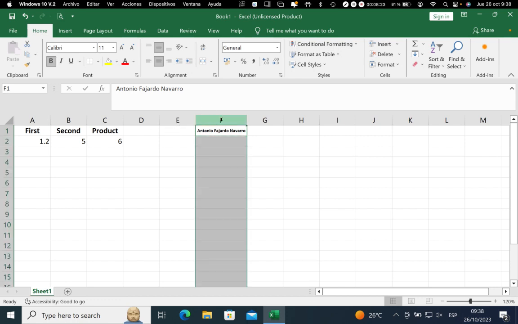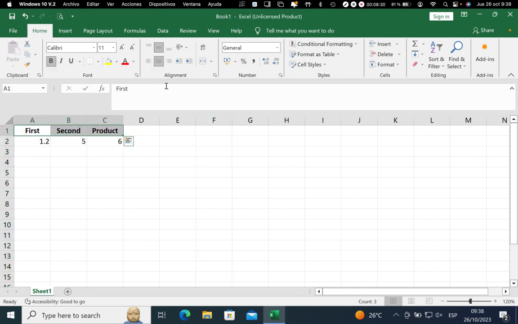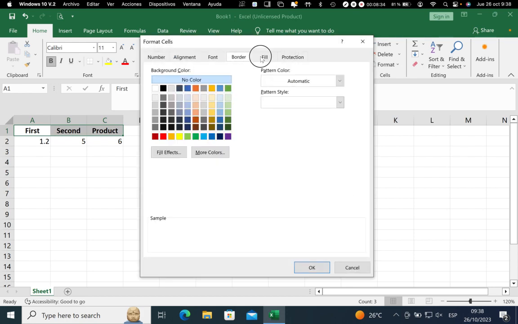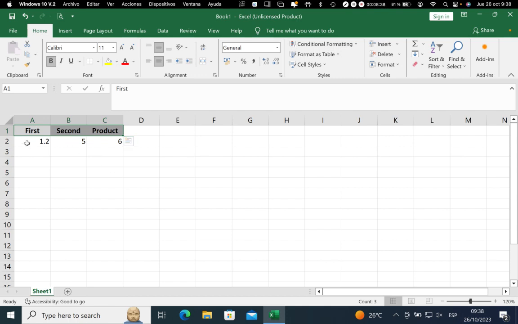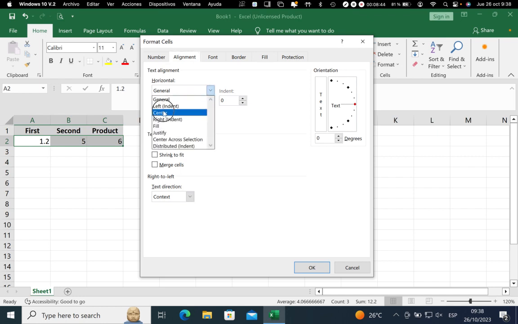Okay, I'm going to remove this column and carry on working here because I'm going to do the same here. Sorry, I'm going to go to the font, I'm going to go to Fill really, and I'm going to select one, and that's it. And I'm going to do the same with this one. In here, I'm going to do the Alignment, I'm going to be in the center,